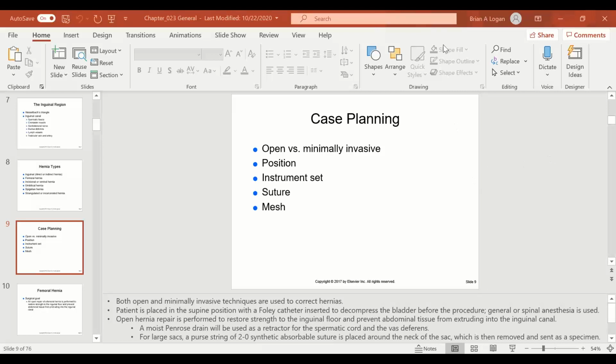No, your preference card will not give you any kind of recommendations on instrumentation. It won't tell you what the surgeon uses or anything like that. All it is, like you guys have seen in lab, is basically just a list of supplies. And you may get a little note in there that lets you know that the doctor is